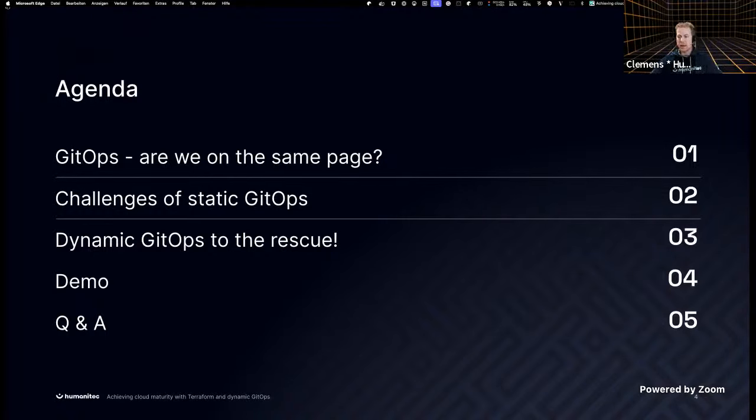And obviously, I'll present what is, from my perspective, a very good antidote to the challenges that static GitOps poses: dynamic GitOps. Then I'll have a little bit of a demo because I'm a techie after all, right? Can't just show slides. And then we go into Q and hopefully A.